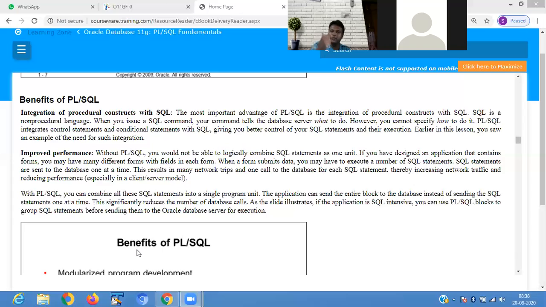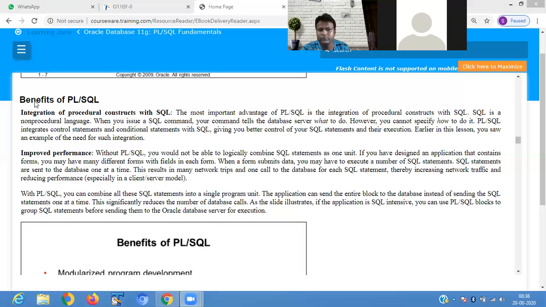For executing one SQL statement, one time you have to choose the execute button, so there may be network traffic. Here you choose all the statements at once and execute them. All the statements are inserted into your database.